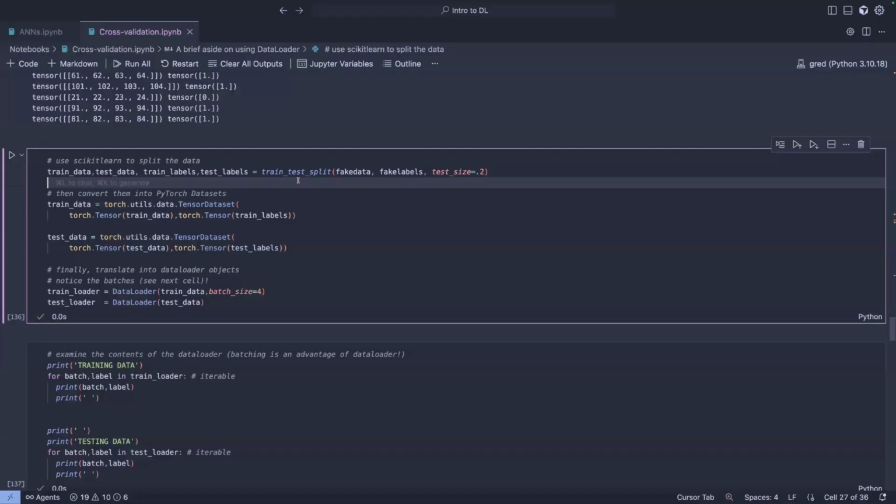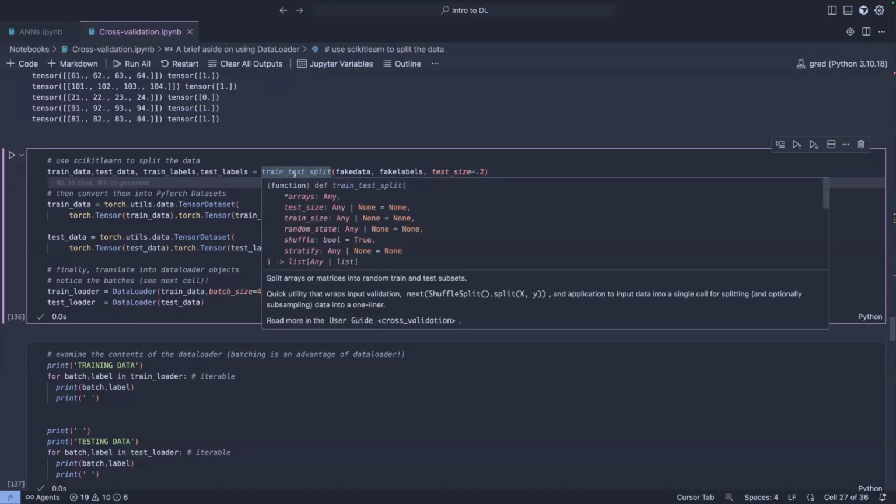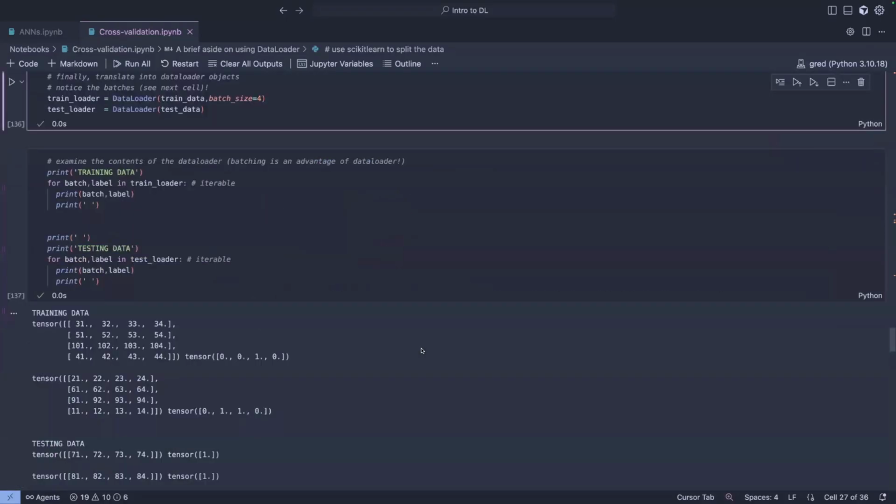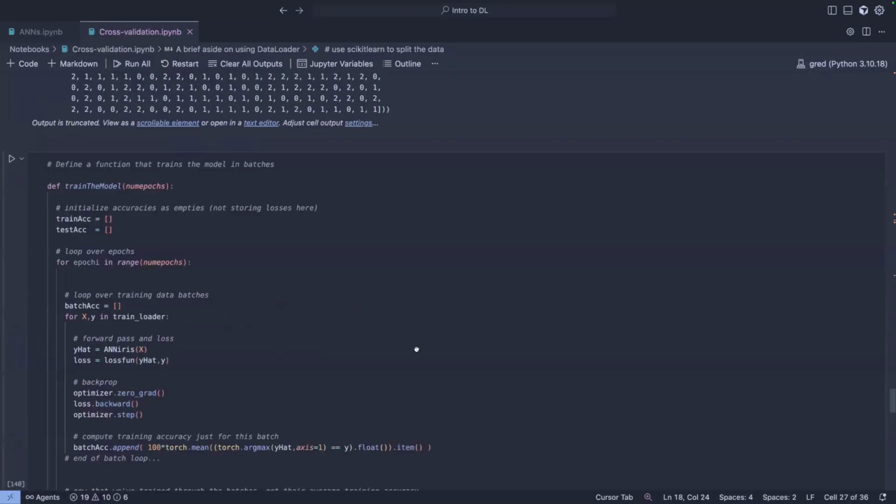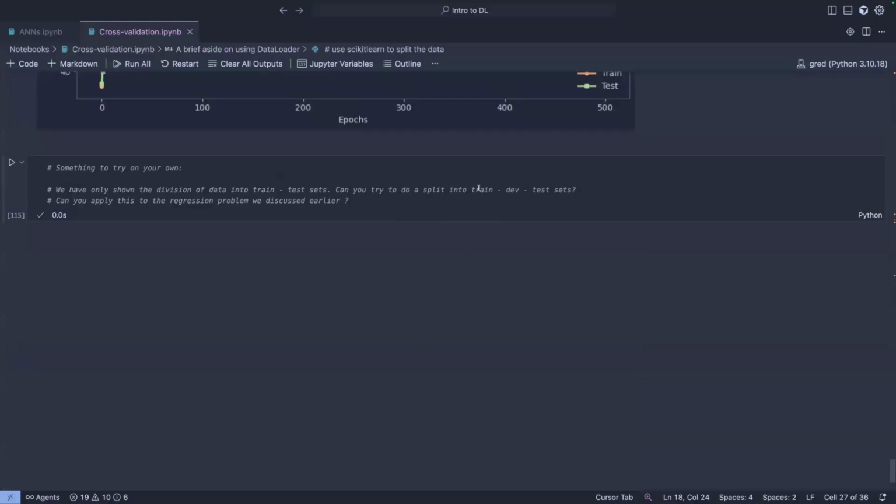The way of doing this manually using NumPy, which you can do for fun just to understand how things are, but in practice, this is not really used. Train test split is very decent. It gives you a lot of options. And if you would like to split the data into train, dev, and test, you can do this, I guarantee, with the same functions. You just have to think about how you want to do this.